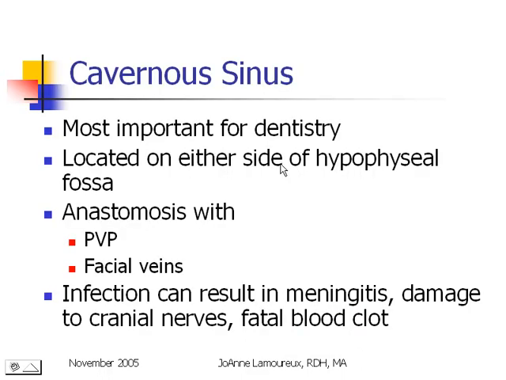The cavernous sinus is an area inside the brain that's part of the venous drainage in the brain. And here again you see the word anastomosis. That means there's a connection. There are several areas where the blood supply inside the brain connects with the blood supply outside the brain. The one that's most important to us is the anastomosis between the cavernous sinus and the pterygoid venous plexus. It also has a connection with the facial vein in the inner corner of the eye, but